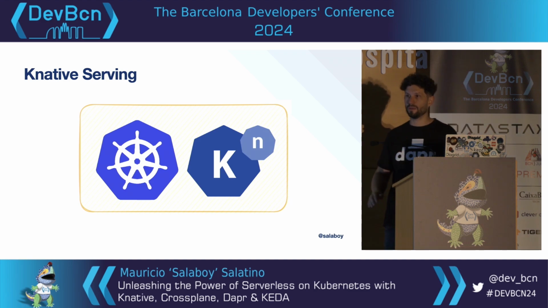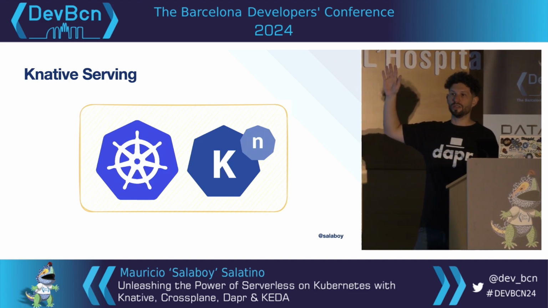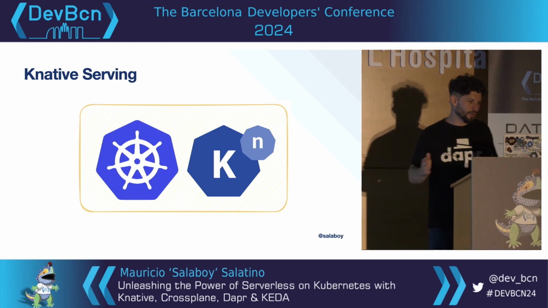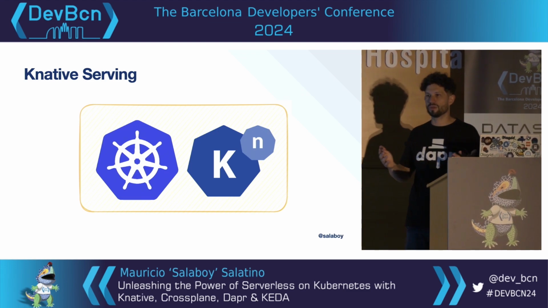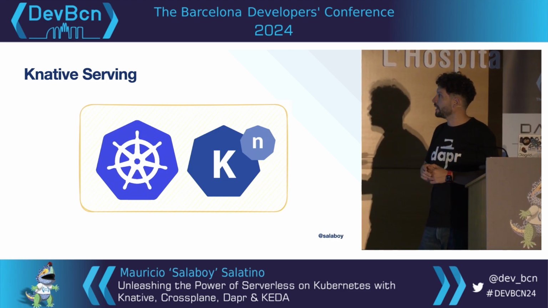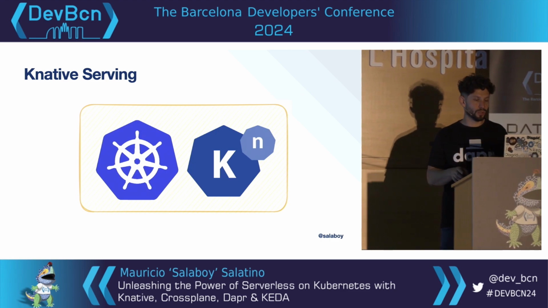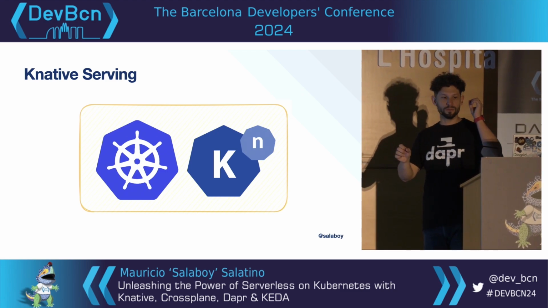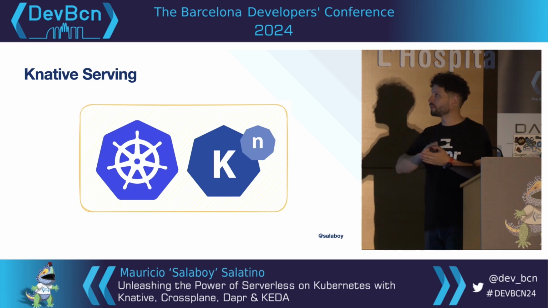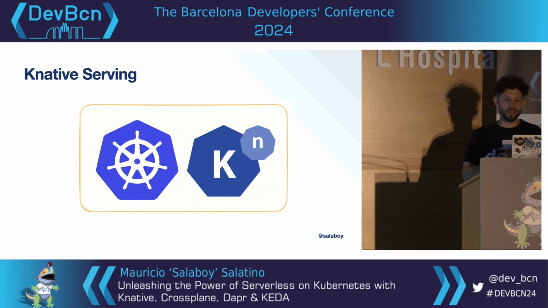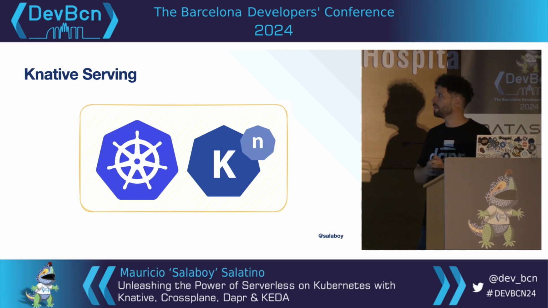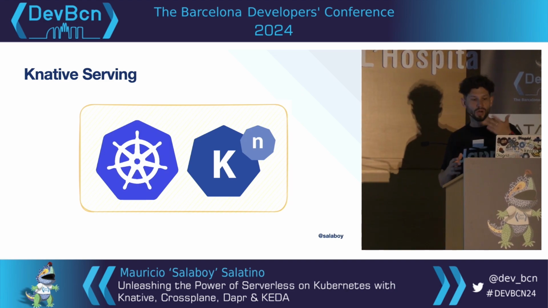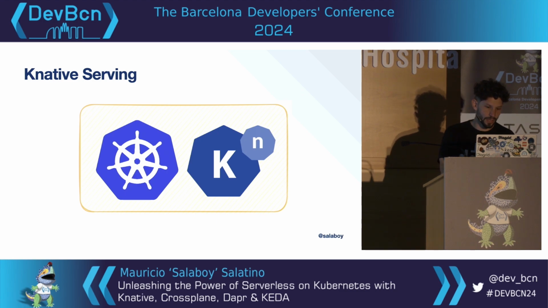The first one, Knative. How many people have heard about Knative before? Okay, so we have half the room or a little bit less. Knative is usually associated with serverless and auto-scaling, basically. The main idea with Knative is to be able to go from a container, right? Like I have a container and I want to serve it at a URL. So if you give me a container, I will just give you a URL where this container is being served. And as a Knative project, I will manage the life cycle of that container in a way that I can downscale it to 0 if nobody's calling it, or upscale it if I'm getting a lot of demand.